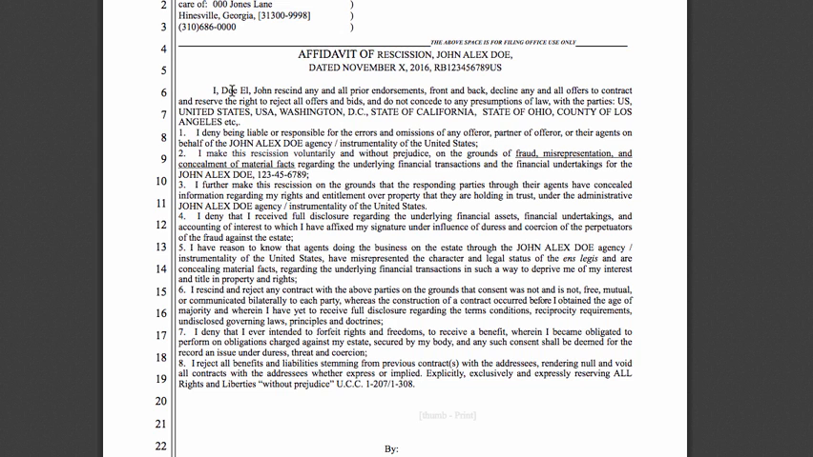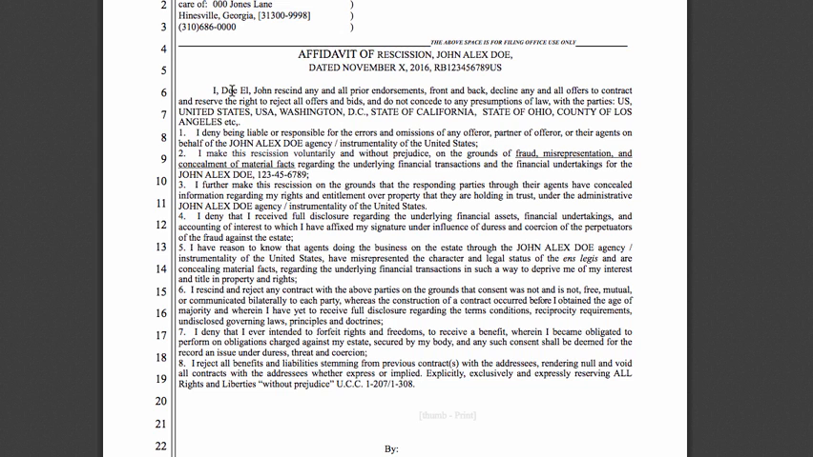I make this rescission voluntarily and without prejudice on the grounds of fraud, misrepresentation, and concealment of material facts regarding the underlying financial transactions and the financial undertakings of the John Alex Doe 1, 2, 3, 4, 5, 6, 7, 8, 9 instrumentality of the United States. I further make this rescission on the grounds that the responding parties, through their agents, have concealed information regarding my rights and entitlement over property that they are holding in trust under the administrative John Alex Doe agency instrumentality of the United States. I deny that I received full disclosure regarding the underlying financial assets,